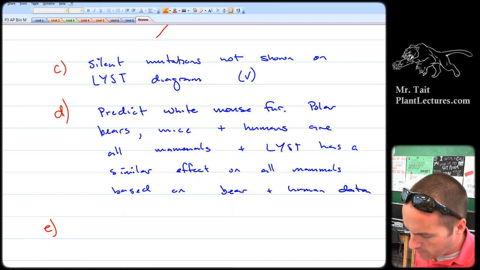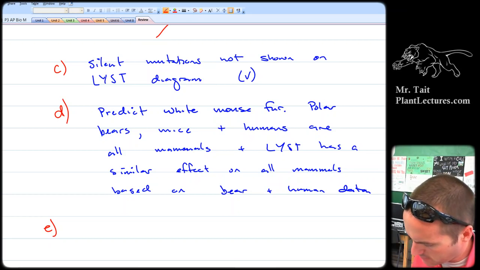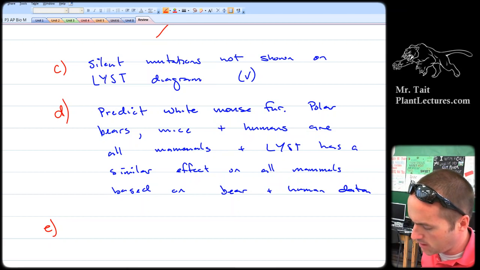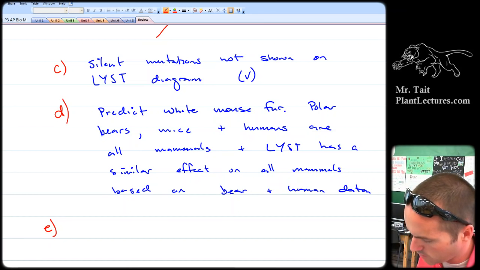says, so that was a predict and justify, first of all, so those 2 points. Describe how the mutation in the list gene became more common in polar bear population. If the list gene were the only determinant of fur color, predict the percent of white offspring produced by mating between a polar bear and a brown bear. Okay, so